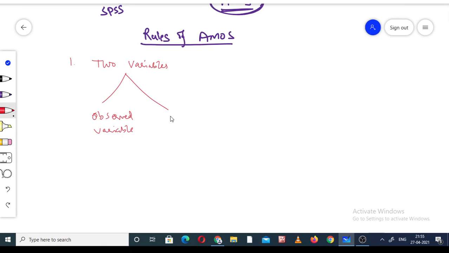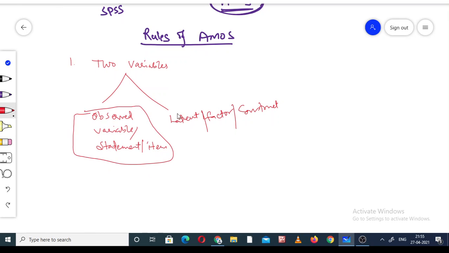And the second type is the latent variable, or we can say the factor. Another name for this is the construct. And the observed variable has one more name, the statement, or we can say the item also.